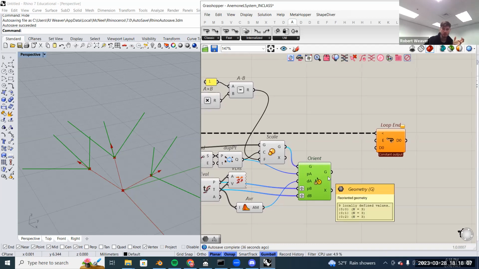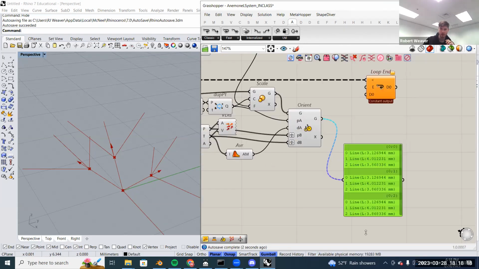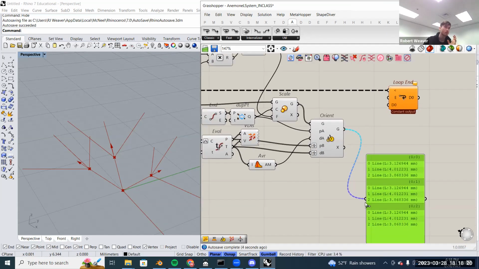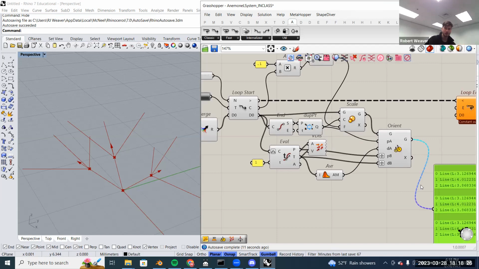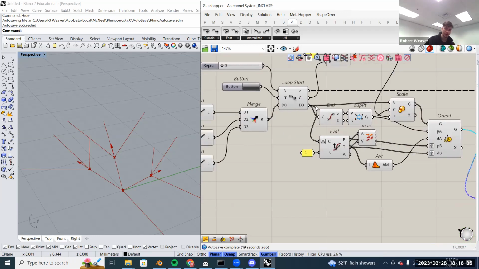So at this point, we have 3 branches, and each of those branches has 3 curves inside. This panel is not necessary, but we can see we have the 3 branches with 3 curves. So now we've gone from the input curves to these output curves. With these curves, you kind of have to think differently about how you construct Grasshopper scripts at this point, because you'll have to imagine that now all of these curves will become the inputs, and we'll do the same